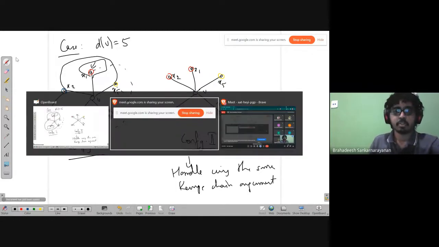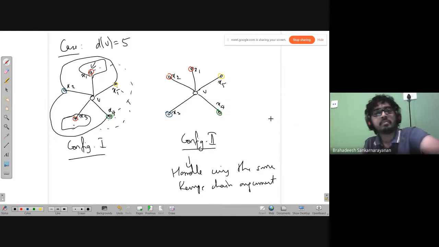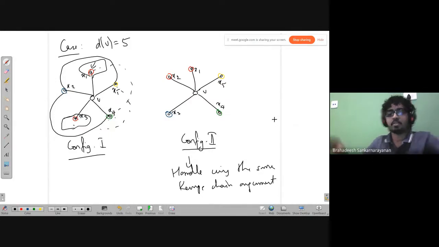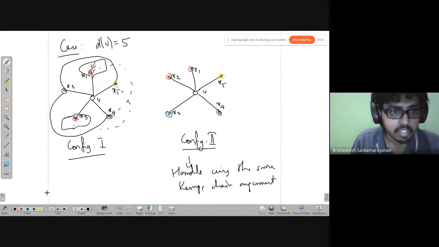That's the geometric argument. Just take a look at this diagram for some more time if you want. So which color to swap for the last argument? Let me tell you. So over here, we're going to look at